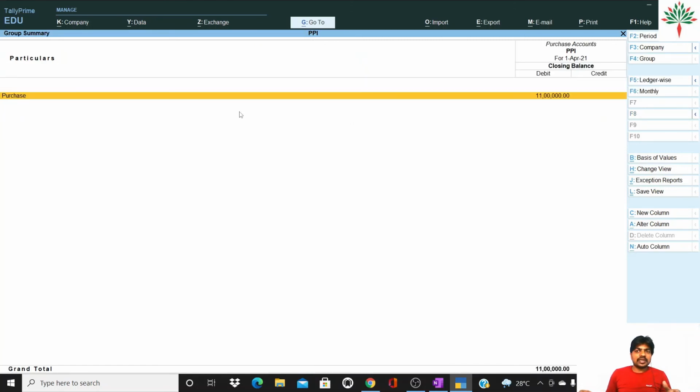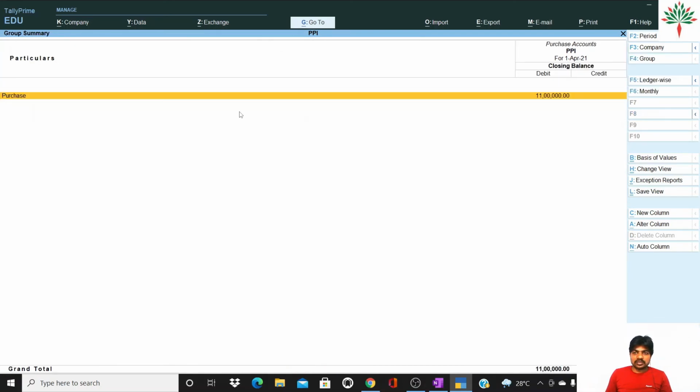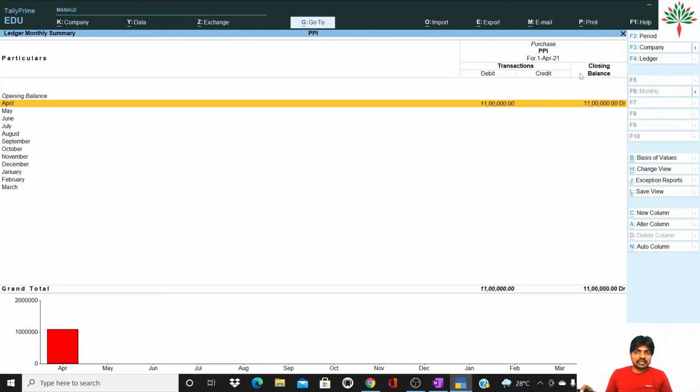Again, you will get deeper and deeper by entering into the details. As you press the enter key, you will get into the details. Once you have pressed the enter key on the purchase account, it is showing a purchase of rupees 11 lakh on the 1st April. Details are given. Again you will press the enter key.